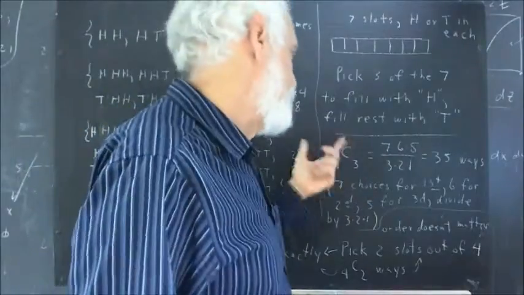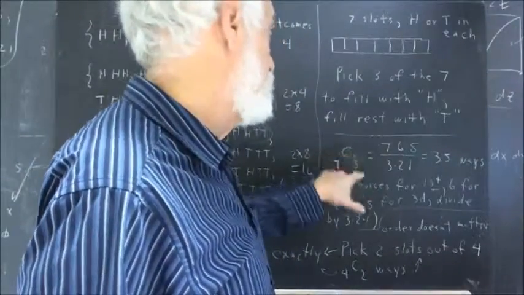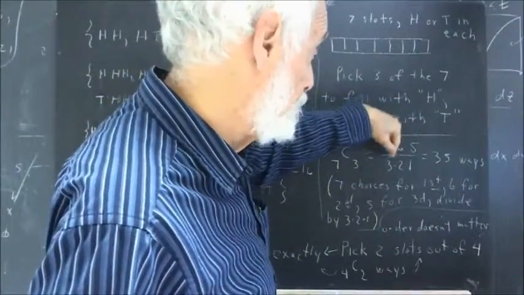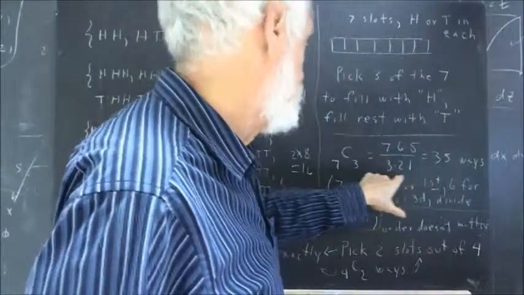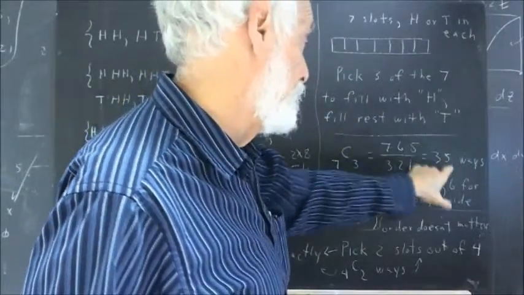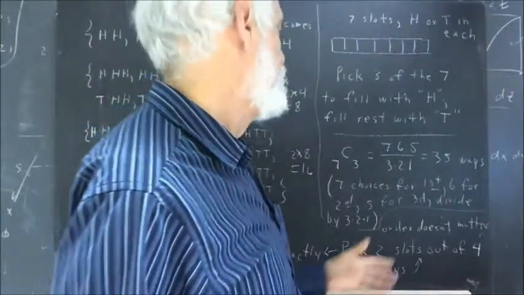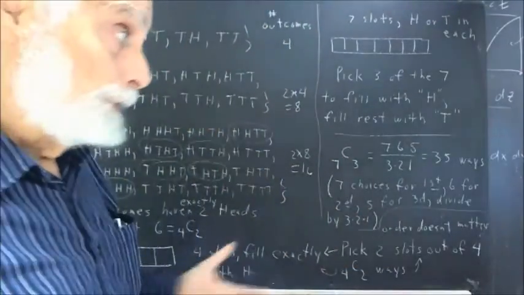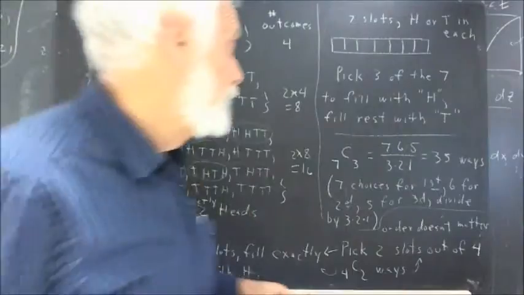So there are 7C3, which comes down to 7 times 6 times 5 over 3 times 2 times 1, and 3 times 2 is 6, which divides into 6, and 7 times 5 is 35 ways. We can think of this in terms of the fundamental counting principle. Remember that